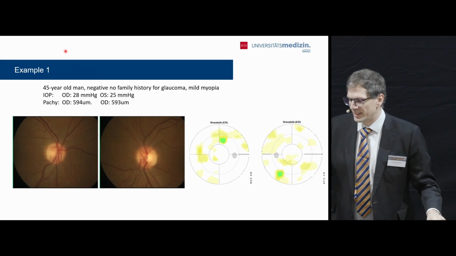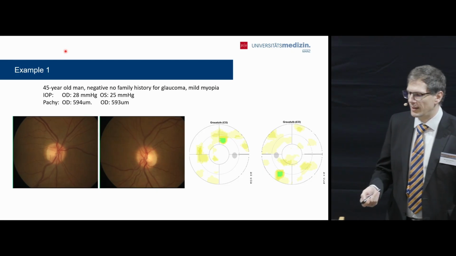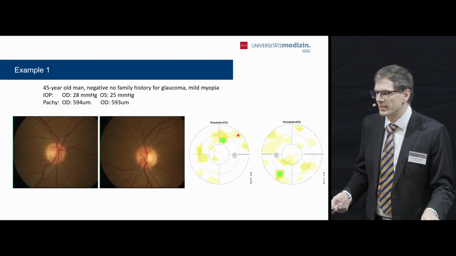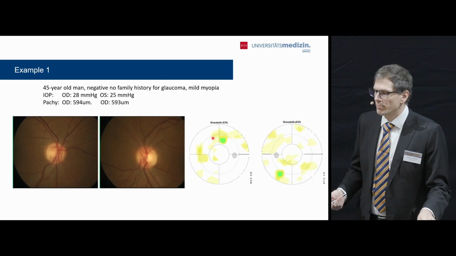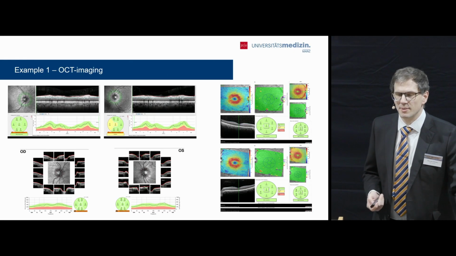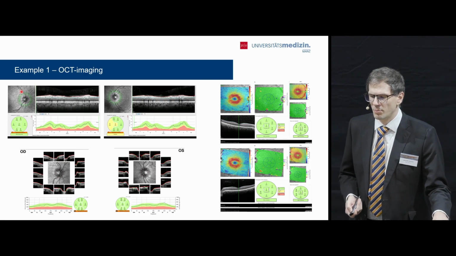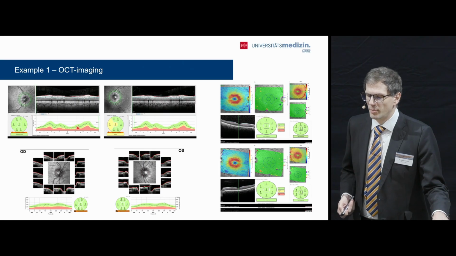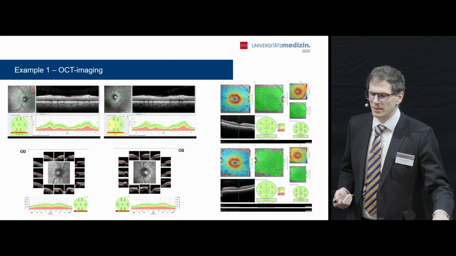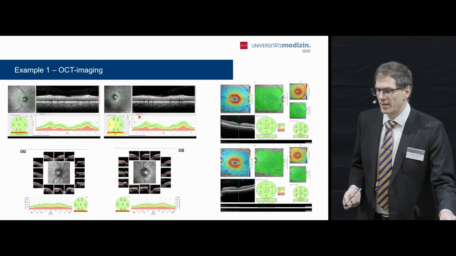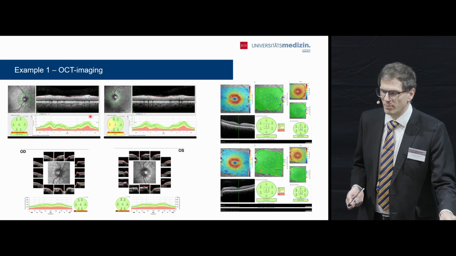Okay, let's have a look. You see the visual field. There might be a slight deviation in the upper part. It might be in this Bjerrum shape as well. But when we move on to the OCT imaging, you can see in the peripapillary RNFL thickness that you have quite a normal thickness of this layer within the statistical range we have for normal eyes. Comparing to the left eye, it's quite comparable.